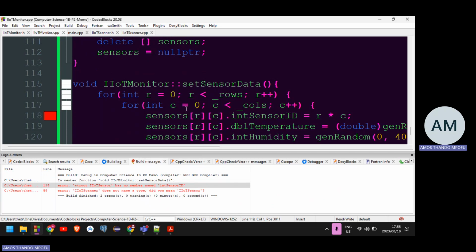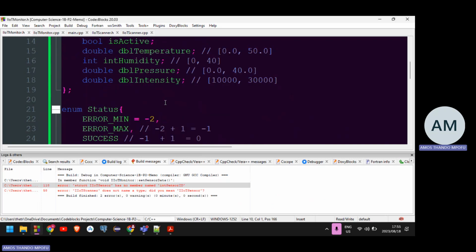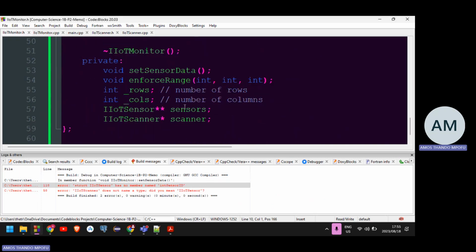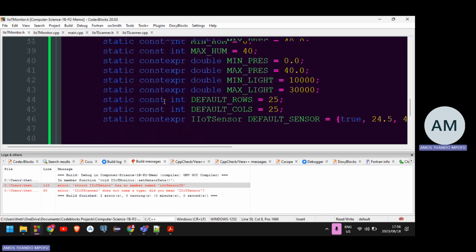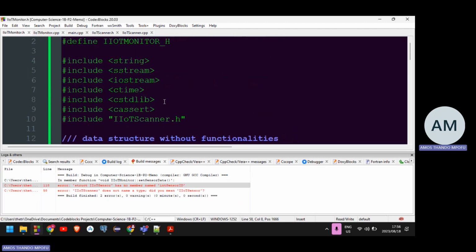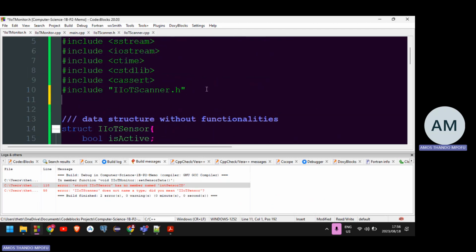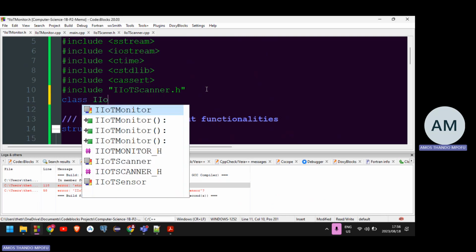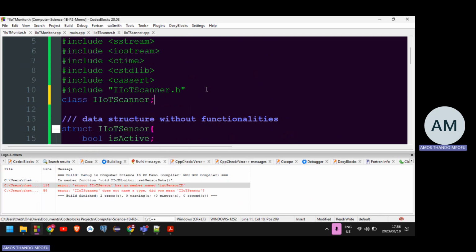So that stops complaining. Even in the IoT monitor class, it's gonna complain about the IoT scanner. It's gonna have this very same issue. So in order for me to avoid that, I need to explicitly tell it what IoT scanner is by doing a forward declaration. Forward declaration is like, okay, I promise you,